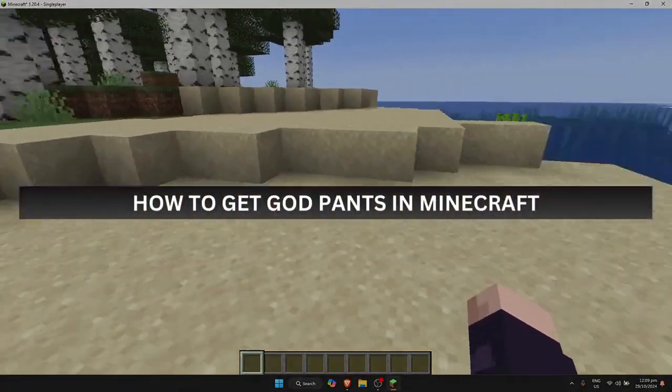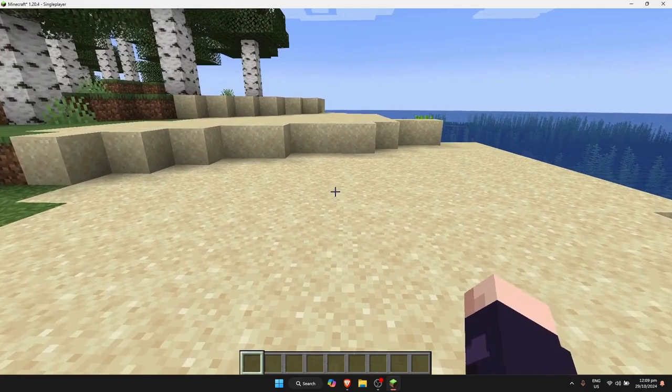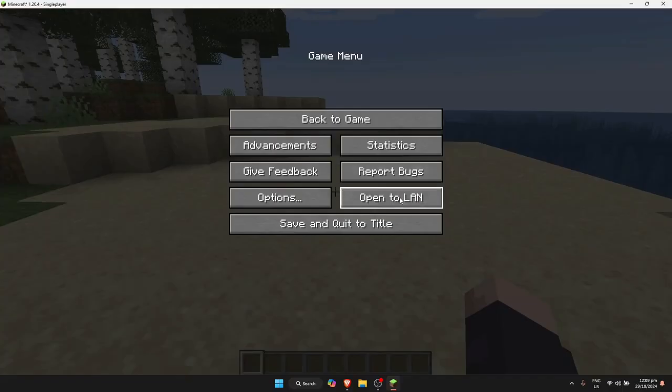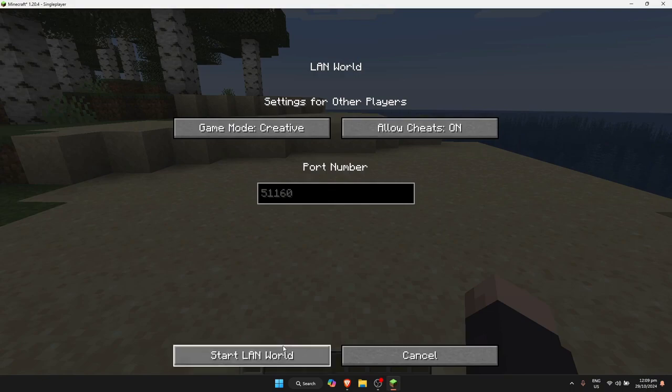How to get God pants in Minecraft. So first, make sure that your cheats and commands are enabled, and to do that, just simply click on escape, click on open to LAN, make sure that allow cheats is turned on, and just simply click on start LAN